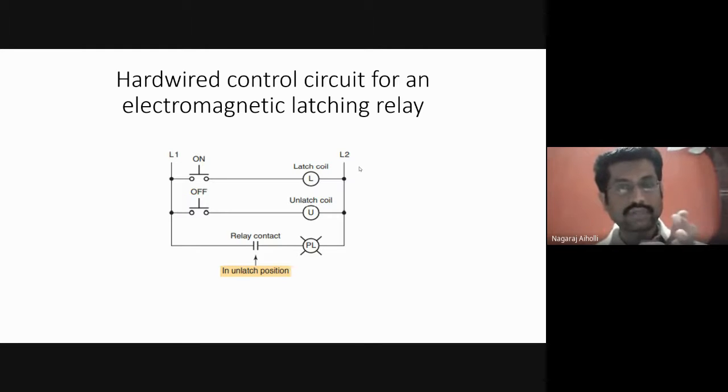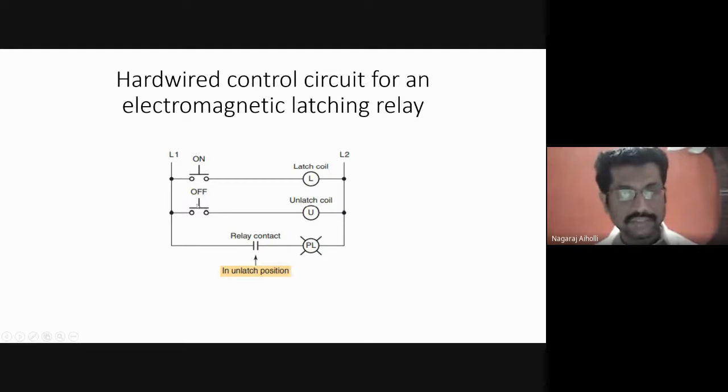It is not only stored, but even after the power has been taken back, power has been off. Right? When we turn off the power to the relay coil, whatever bit is stored will remain in the memory bit of the image file. It will not be deleted. It will not be reset. Okay, that is the meaning of latching. Whatever is the condition of that bit, it can be used further for any of the applications.